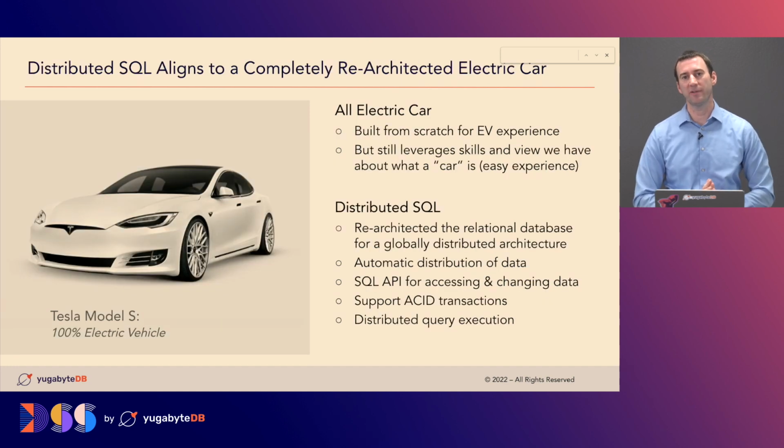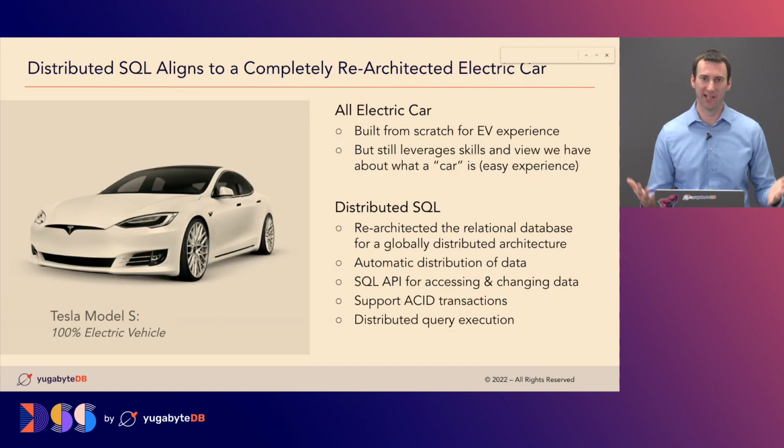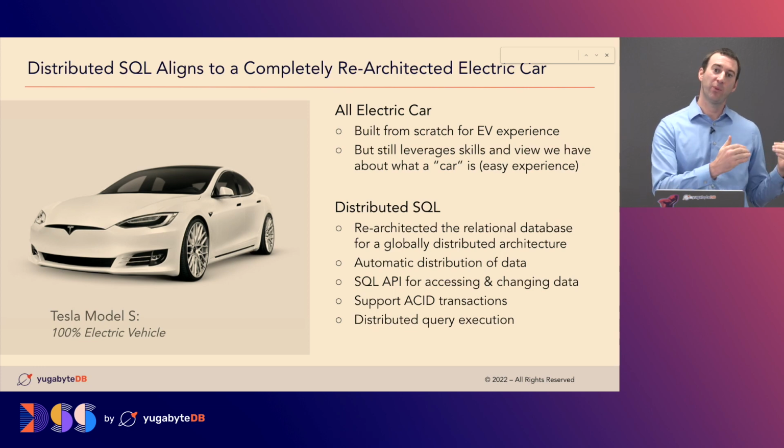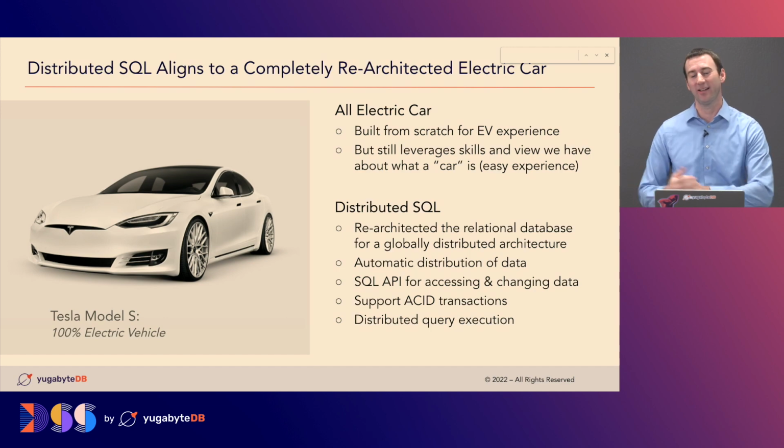So this is then where we shift and think about, again, what Elon Musk and the team at Tesla did with the Model S and the electric car. They really took the time and went from the ground up to rethink what a car should be and how to build it to embrace this idea of being an electric car. They rethought everything. Okay, how do we optimize the use of the batteries? They built it as a sled on the bottom of the car, so there was even weight distribution from front to back. It was a low center of gravity that could provide additional performance.